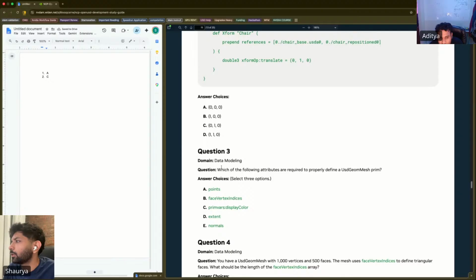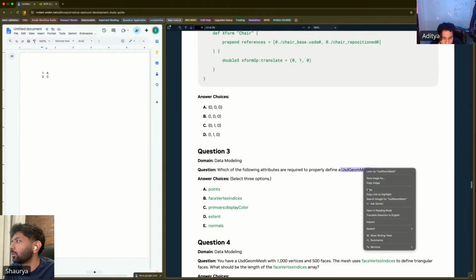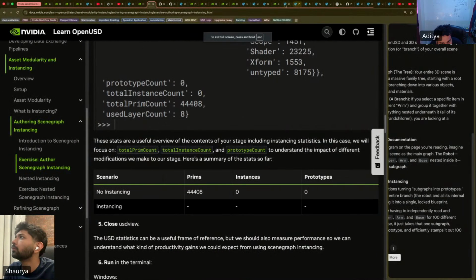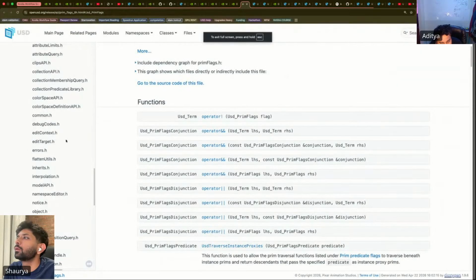Oh, this is data modeling. Which of the following attributes are required to properly define a USD GeomMesh prim? A, B, and A, points. Yeah, bro, points. USD GeomMesh defines what? Dude, mesh. Remember mesh? I told you. Polygonal mesh. So A, B, and